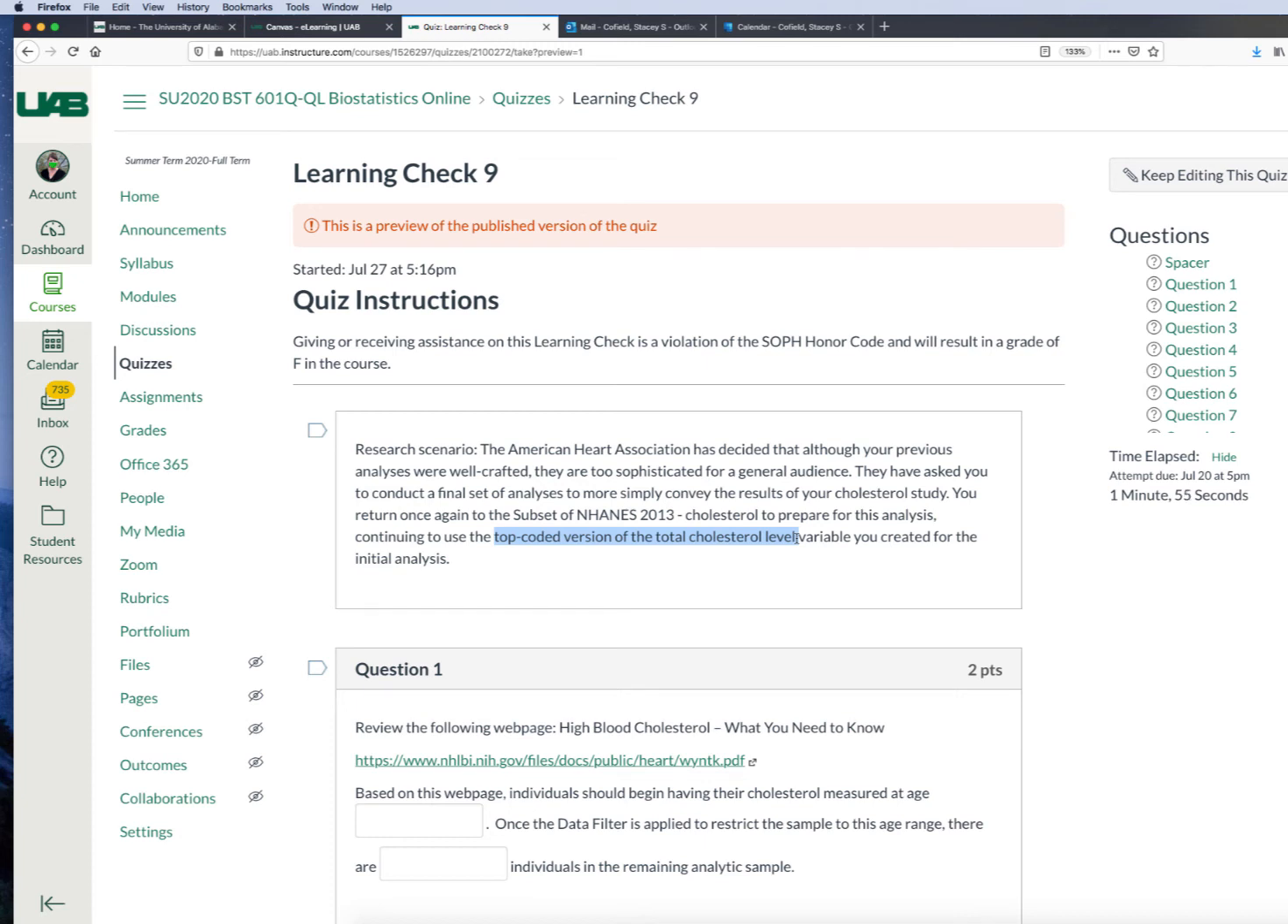For learning check 9, start with the top coded version of the total cholesterol and NHANES data set. So this is where all total cholesterol values greater than 500 are set at 500. And then open this PDF for question 1. In this PDF,